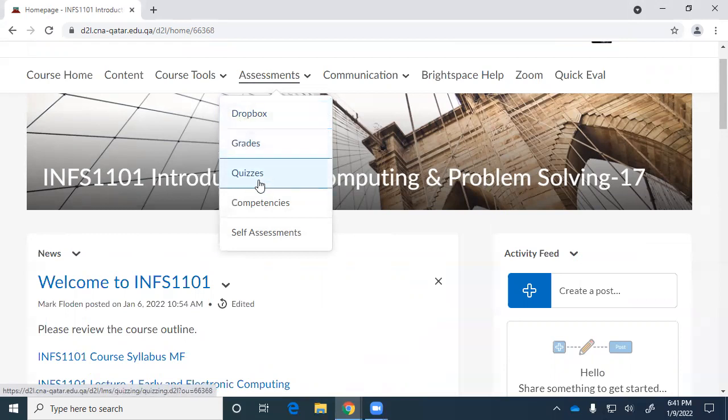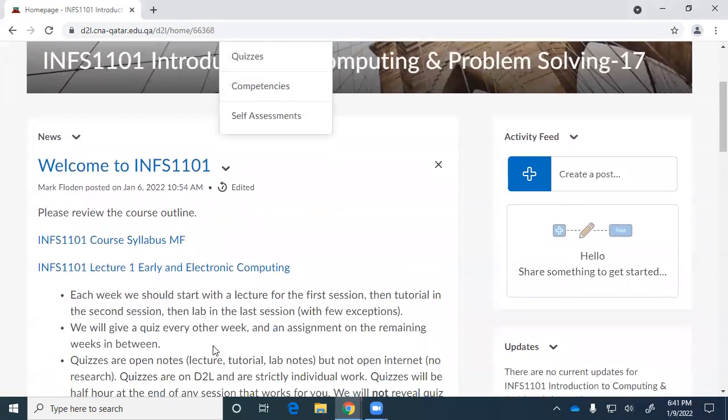The other things we've got in D2L is quizzes, and that's where we'll be having all of our quizzes. Quizzes will be every other week. So once every 2 weeks, we'll have a quiz. We've got 2 tests, 1 test in week 5 and 1 test in week 11. Then we've got a final exam. So we've got a lot of stuff, right? And the final exam will be in the final week.